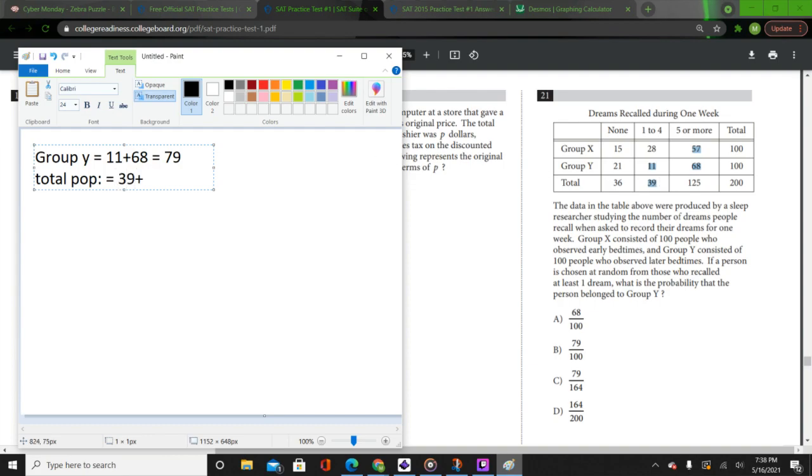Thirty-nine plus 125 is equal to 164. 164, and do 79